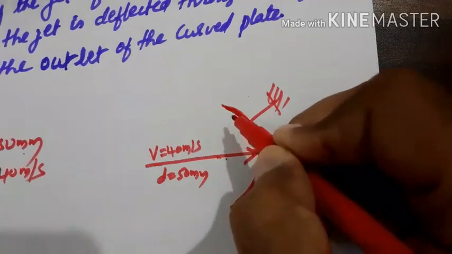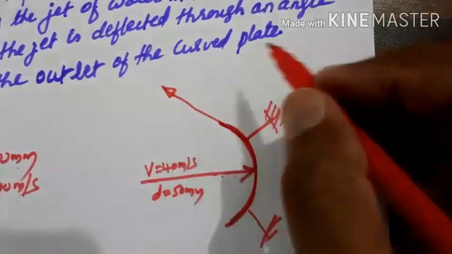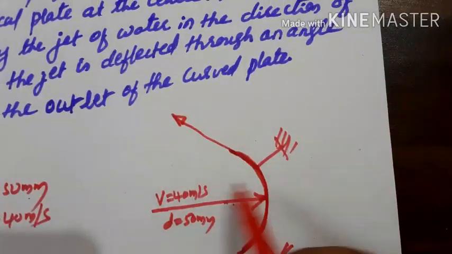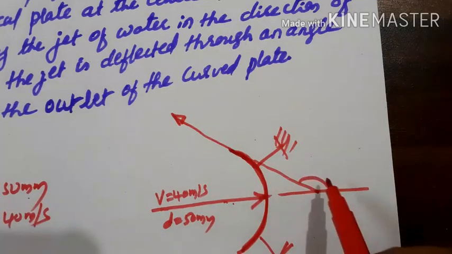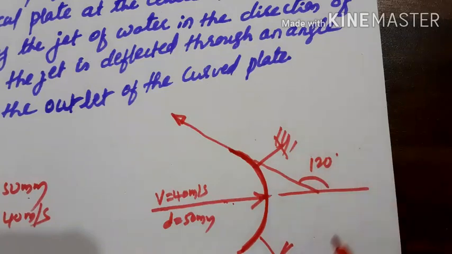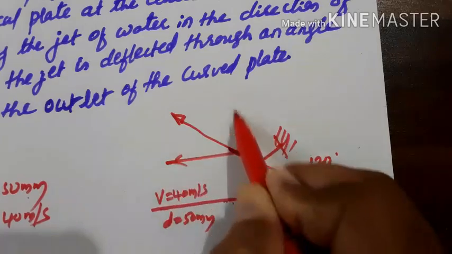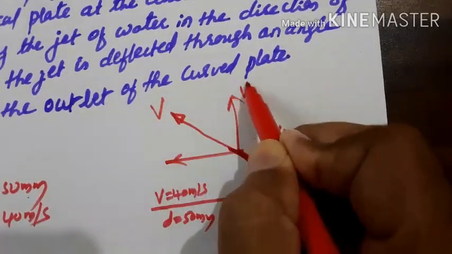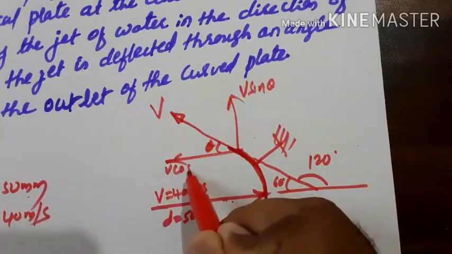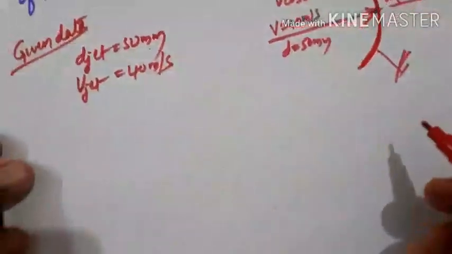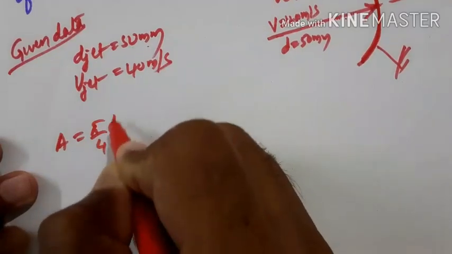completely smooth, hence there is no loss of energy here, and the jet will be leaving with an angle, that is the deflection angle, which has been given here. If you take it back, this is the deflection angle given, it is deflecting with an angle of 120 degree, and this angle becomes 60 degree, and this is the component, and this is the velocity. We get v sin theta here, if this is also theta, and this is v cos theta. Okay, then the area of the jet will be pi by 4 d square.